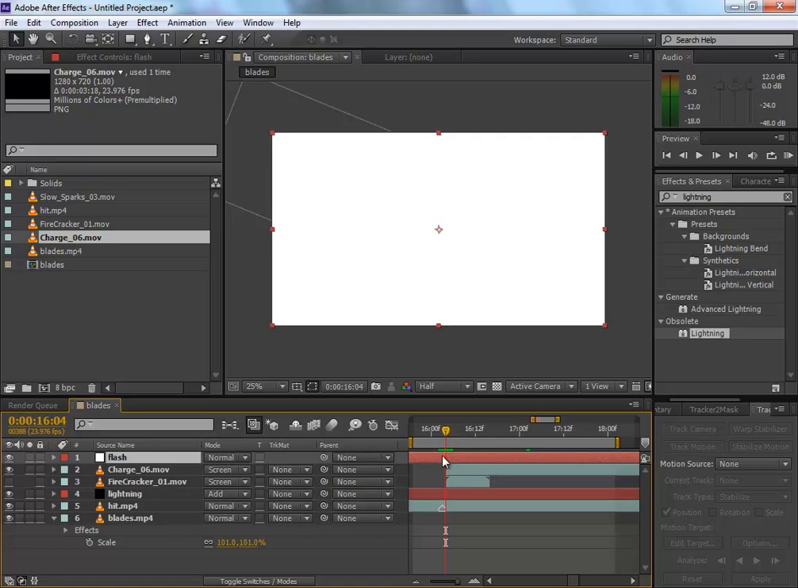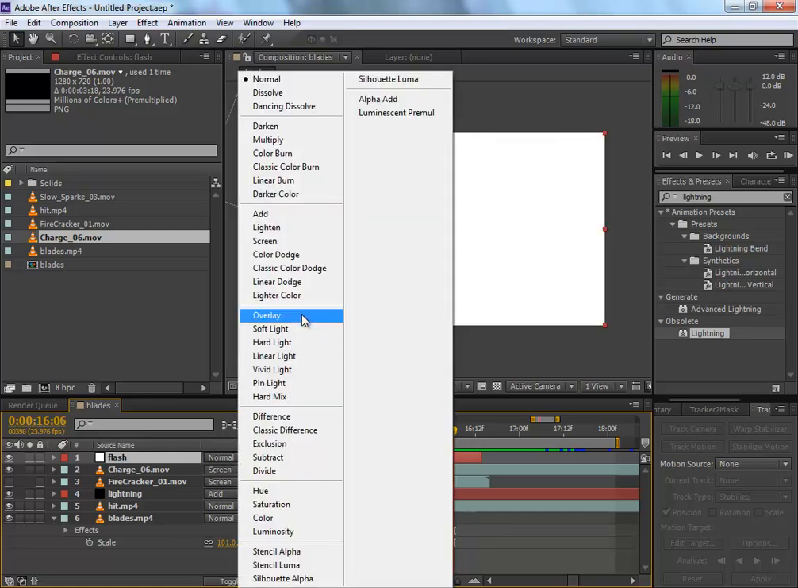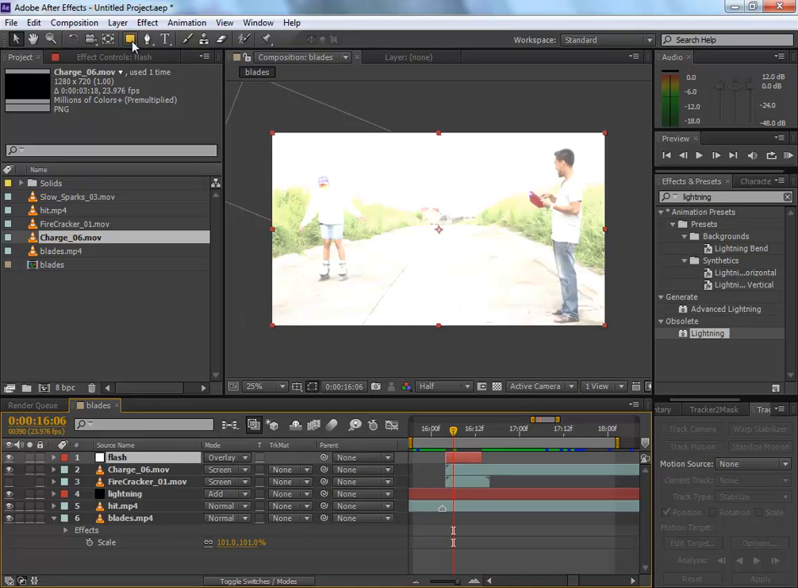So let's trim this. Maybe Alt open bracket, so it happens here and maybe ends here also. Alt close bracket, square bracket. Alright, so it's going to happen here, and then let's change this to overlay maybe, and then